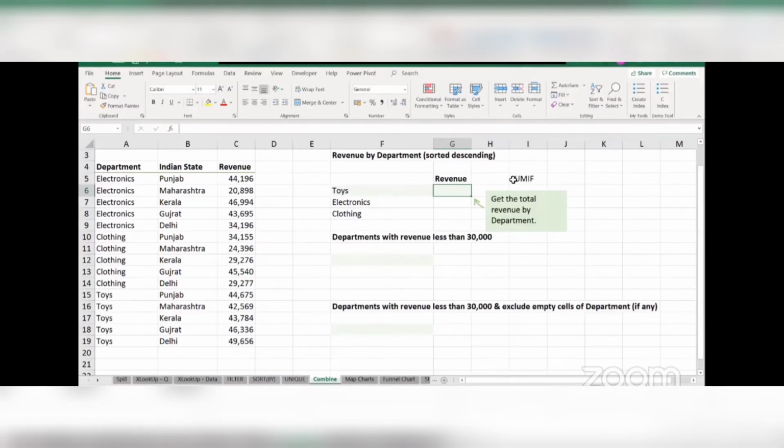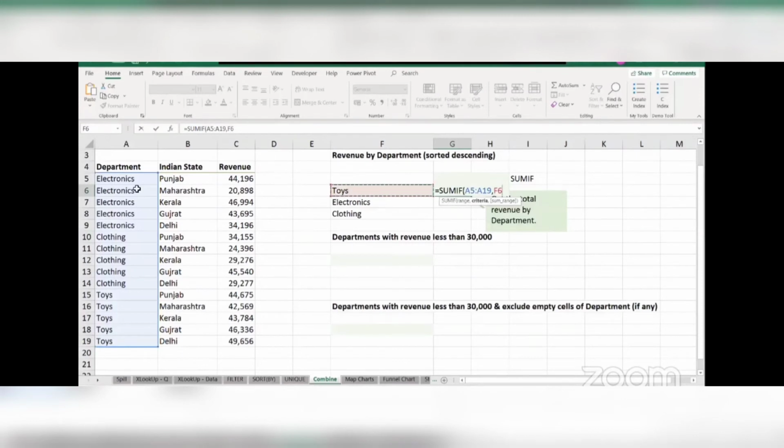All right. So here I will say is equal to SUMIF. Range will be what? My range will be the column where my criteria lies. My criteria is that the department should be toys. So my range will be the department column. So this cell, Control Shift Down, this entire column, comma. What should be the criteria? The criteria should be toys.